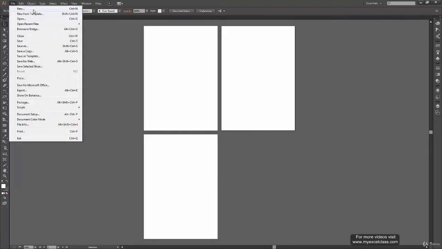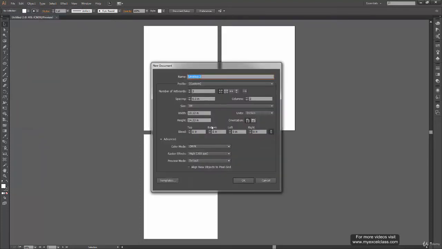Alright, so let's again jump back to new file, and now we have few buttons over here which says grid by row, grid by column, arrange by row and arrange by column. Let's see what all these options can do. For this I surely need a lot of more artboards than 4.